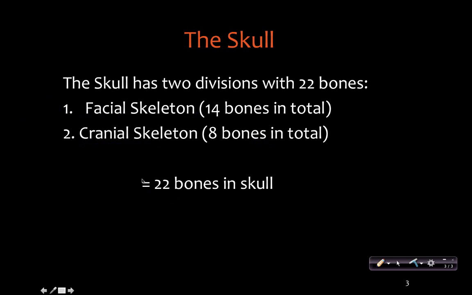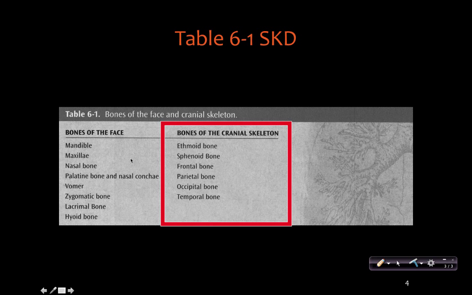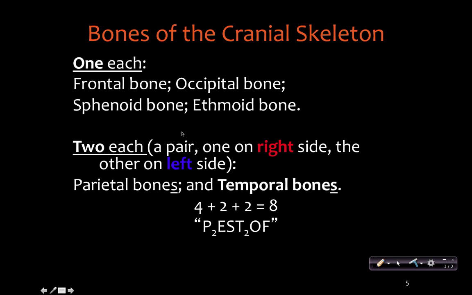So our focus here is on the bones of the cranial skeleton, the part of the skull that surrounds the brain, more or less. This is out of the cycle book, detailing over here the facial skeleton, and over here the cranial skeleton, and that's what we're really most interested in. Now, one of the tasks facing you, based on the study questions, is to be able to recite, to memorize the bones of the cranial skeleton. I assume you'll do the same for the facial skeleton in COMD 462, and maybe you already have. But our task right here is to